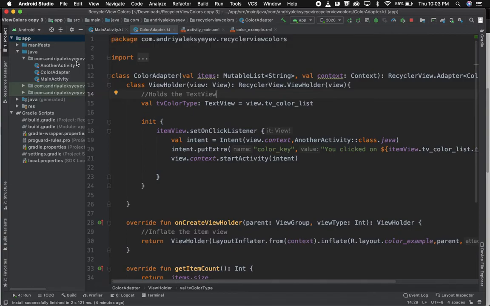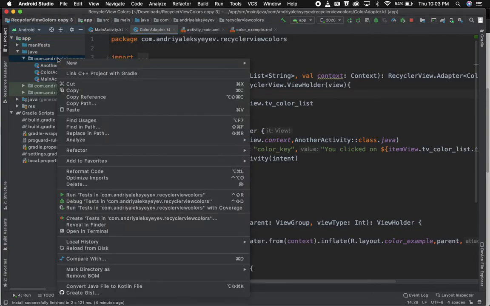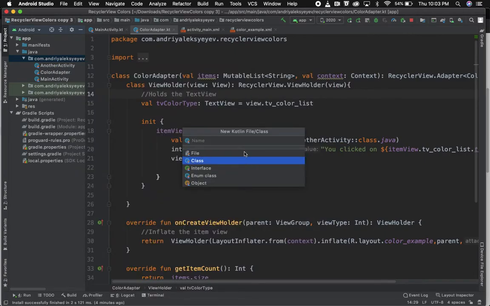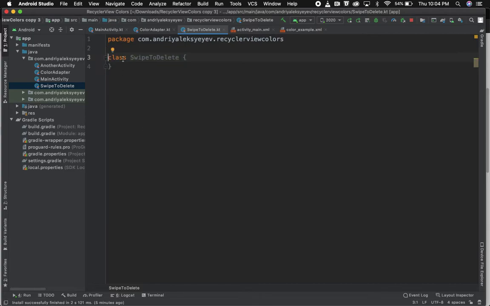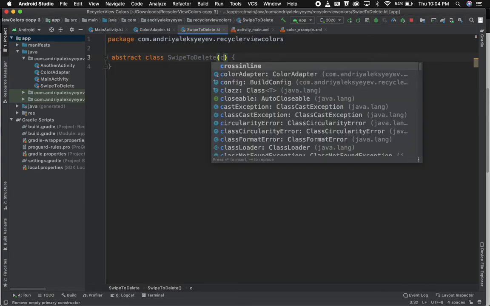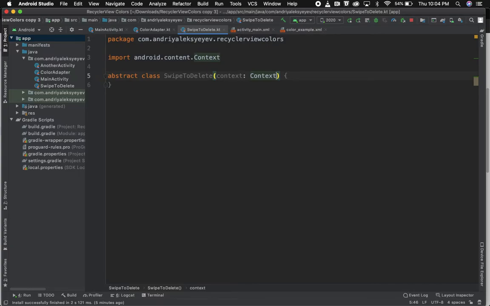Okay, so second step, we need to create another class. Click on your package, new Kotlin file class, make it class. Let's name it swipe to delete, and that's going to be a Kotlin class. Let's make it abstract. Swipe to delete, and it's going to take context. Oop, not here. Of course, here, context, comma,